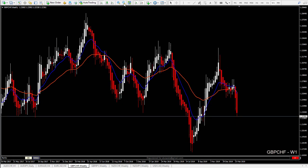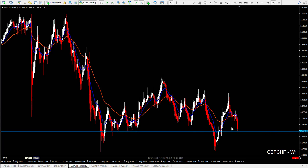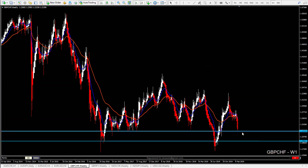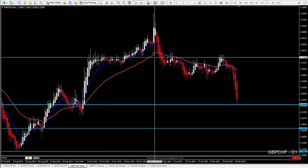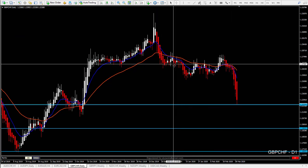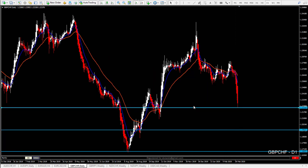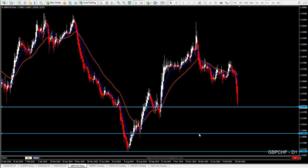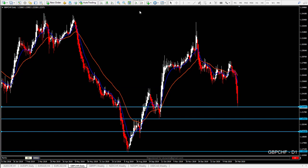GBP Swiss franc. It's going really fast also. If we look at the weekly time frame, price is touching a support zone. We also have some support level lower and also here. Yeah, so we have those levels. Daily chart. Previously, price was in the range. Yes, we had this range, and suddenly price just went down like crazy. So we have this support on the weekly. We have this also on the weekly. In between, we will find the daily support zone, which is here. Yes. So again,